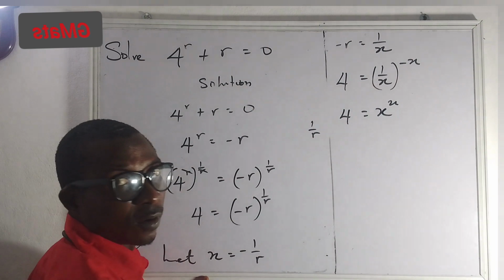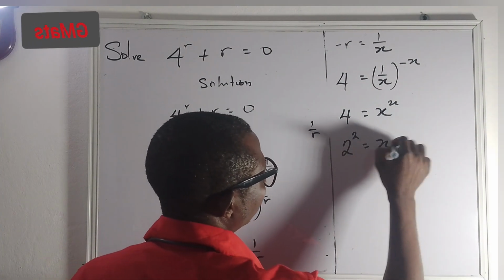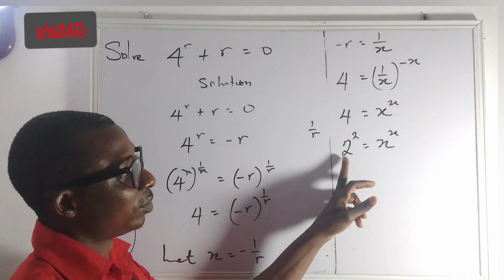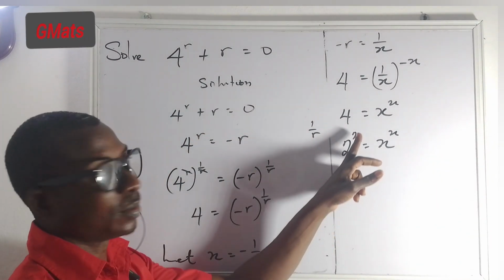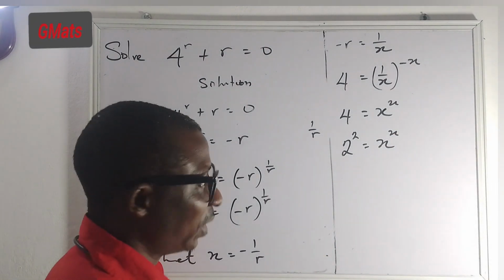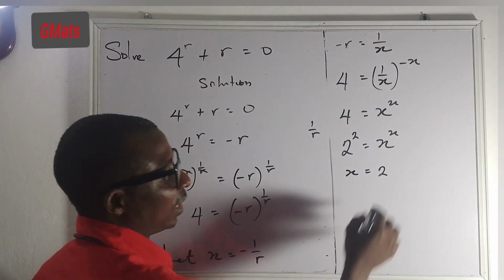So you write 4 in index form, that is 2 raised to the power of 2 equals x raised to the power of x. Alright, you can see here that the base is the same thing as the power. Here the base is the same thing as the power. So it means x equals 2. So that is going to be the